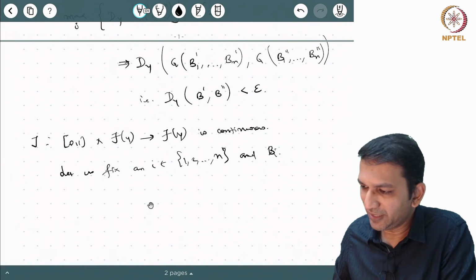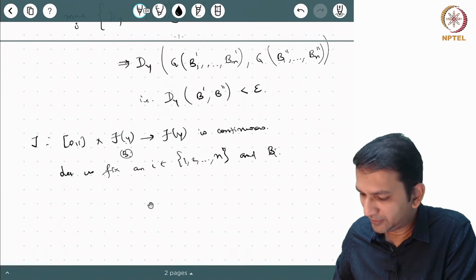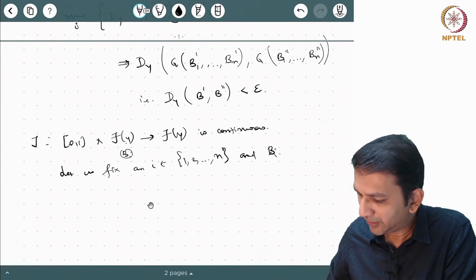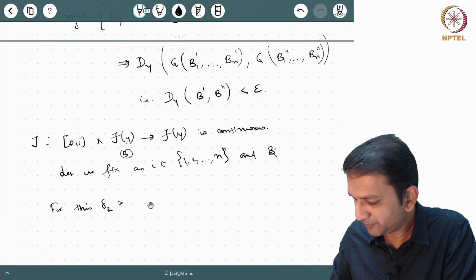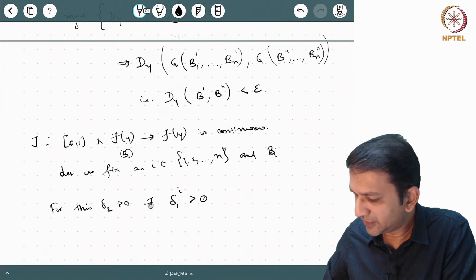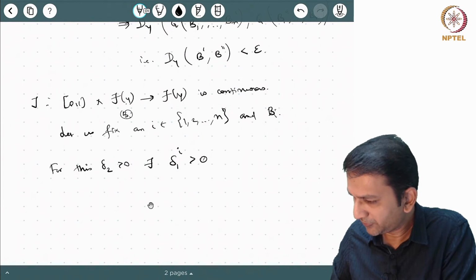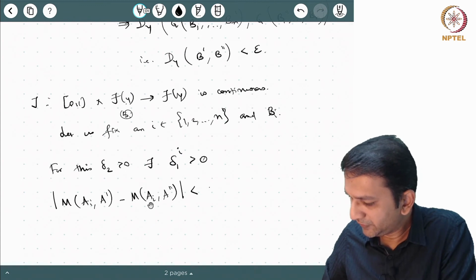Now if you fix this bi from this space, then what we can see is, since it is continuous, for this delta 2 that we have, considering it as an epsilon locally, there will exist a delta 1 i greater than 0. This i is related to the i that we have fixed, such that |m(ai', ai'') | whenever this is less than delta 1 i, this implies